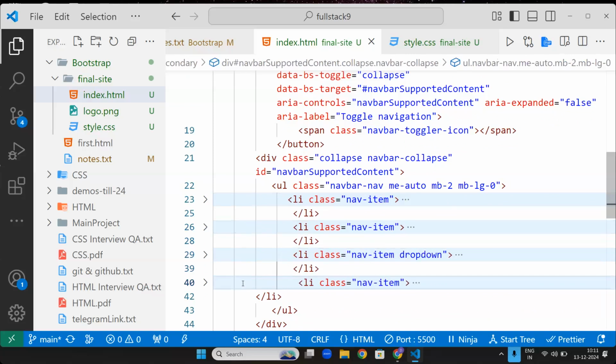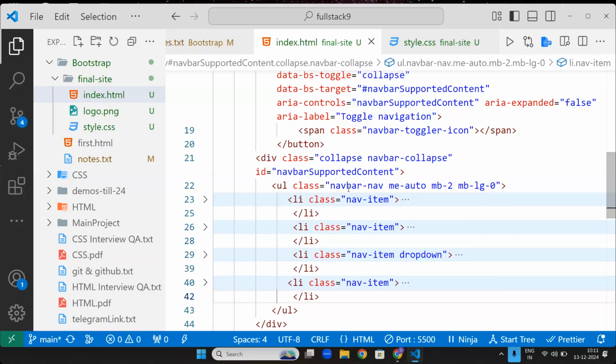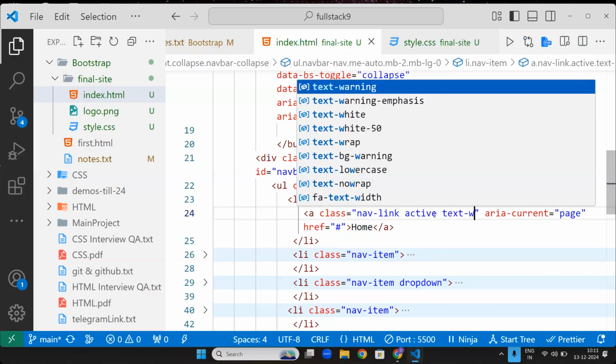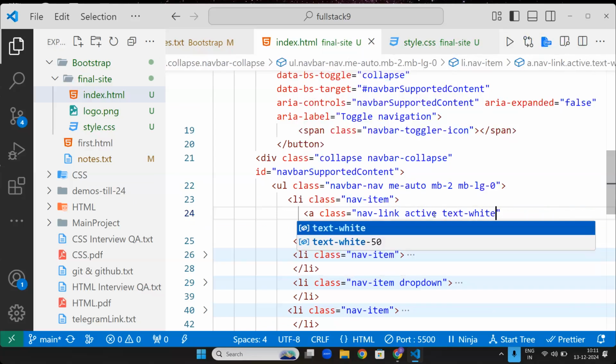Now in these navbar items, what did you do? Inside one nav item, you gave one anchor tag. Inside the anchor tag, you said nav link, active, present link. I will say text white. Any guess what will happen? Text white means